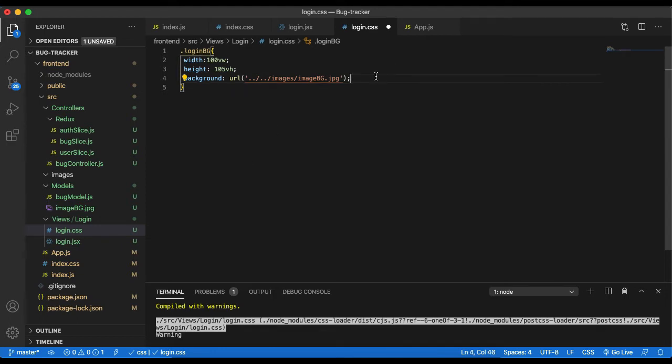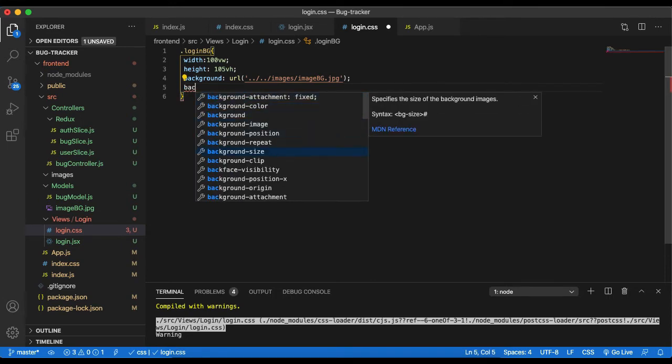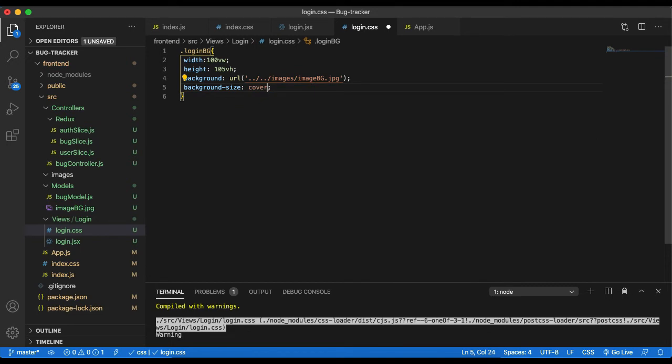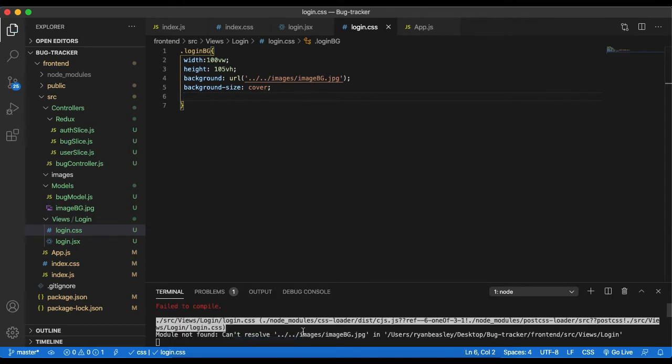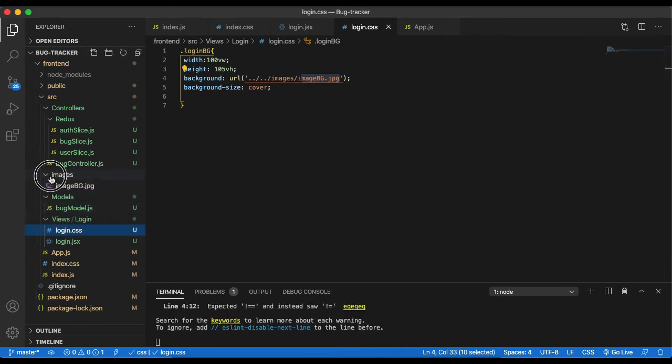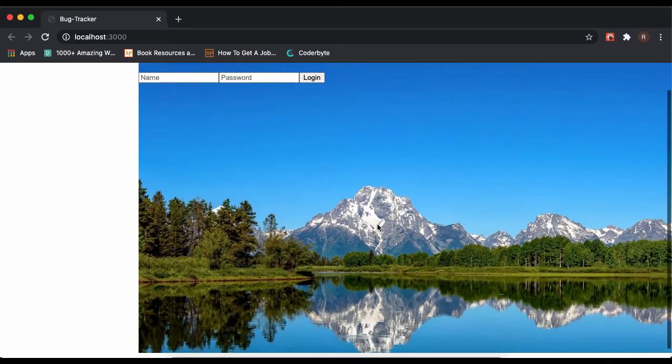So now we've got our background, we need to size it. So if we grab background size, we're going to want cover, so it covers the whole background of the whole screen. And then if I save that and we go have a look now, oh, it can't compile, why can't it compile? Can't resolve images. There you go. So if we save that and we go and have a look,